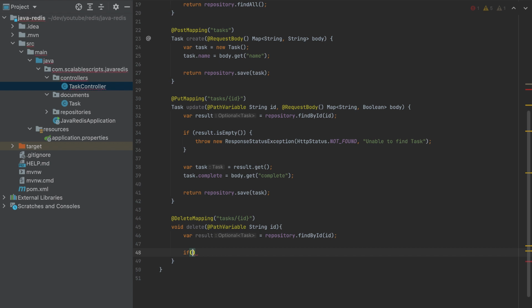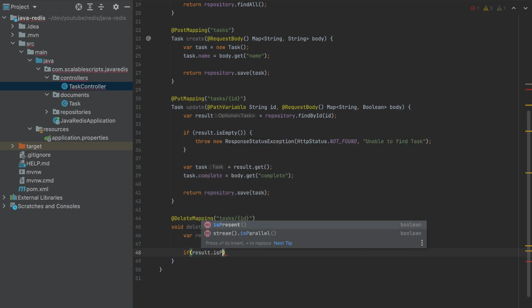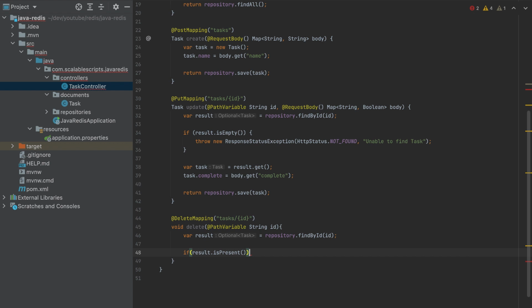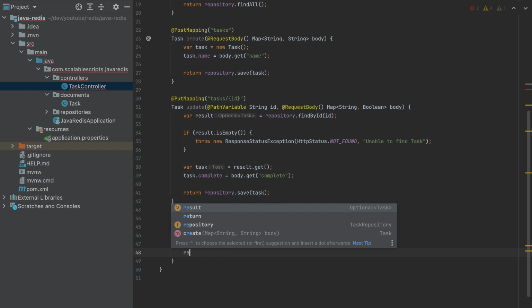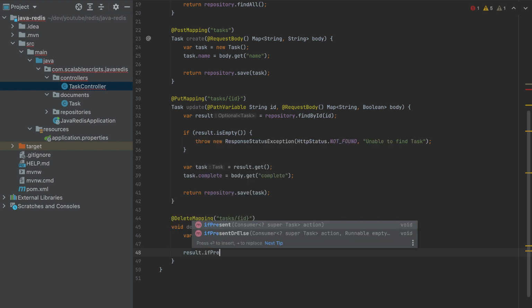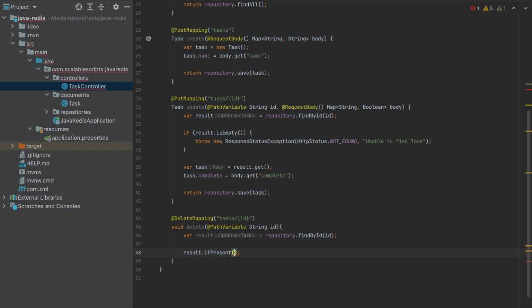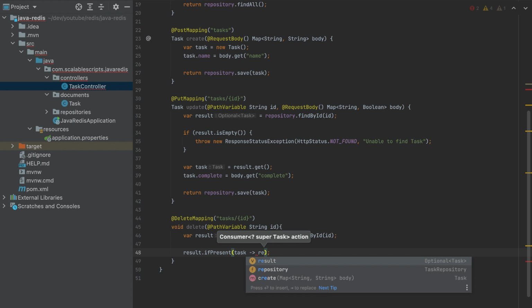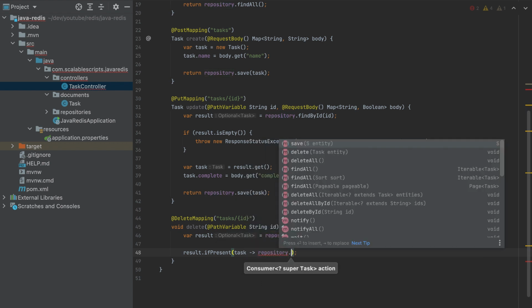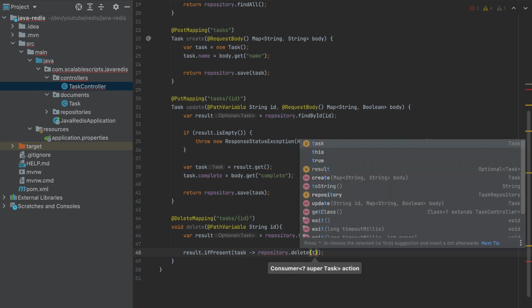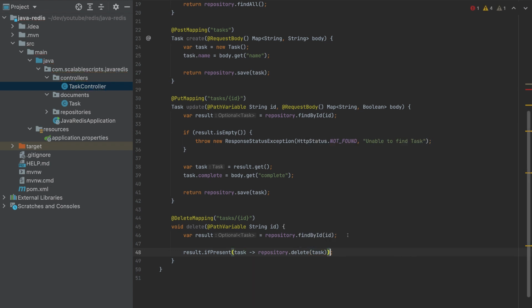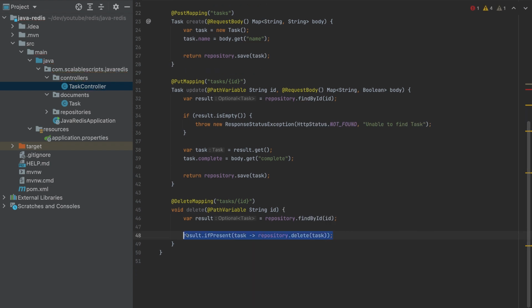We can do it like this: if result is present, then we will delete it from the repository, or we can do it better like this. So result.ifPresent, we will get the task, and the repository will delete the task. So I prefer to use it like this, and I will save this. I will build the project again,